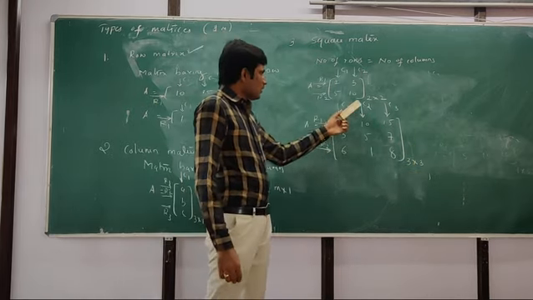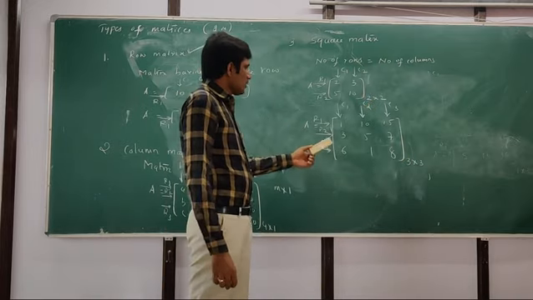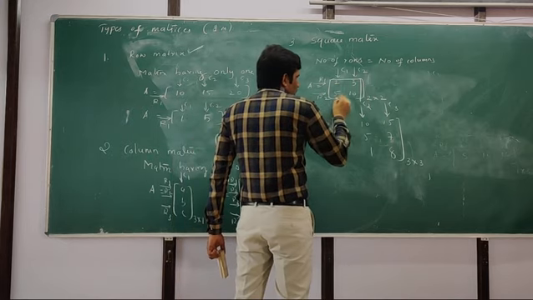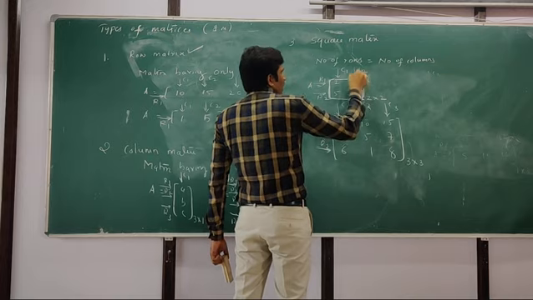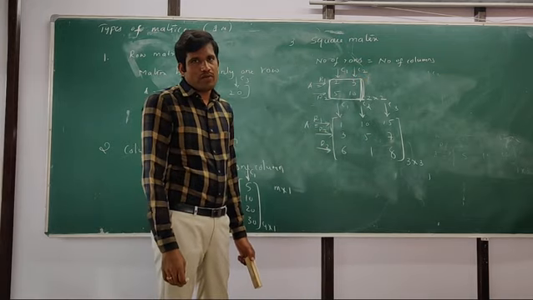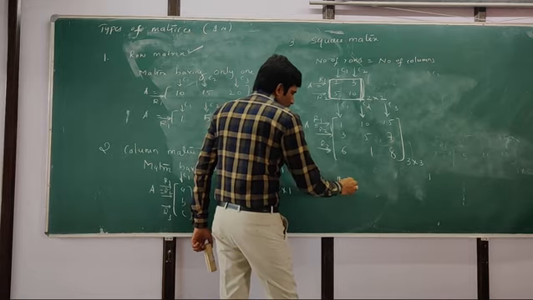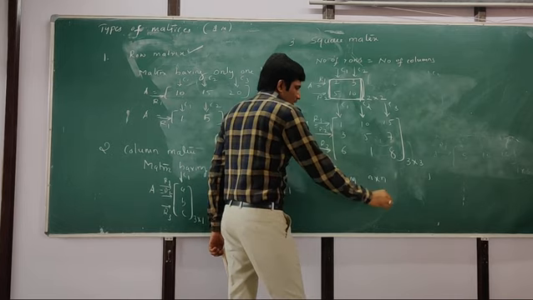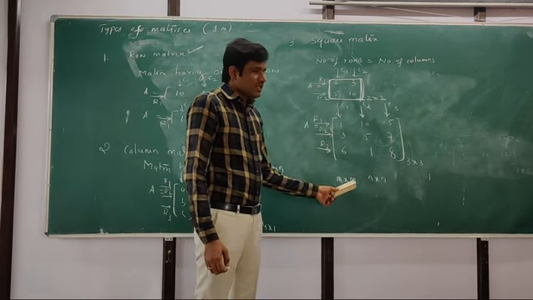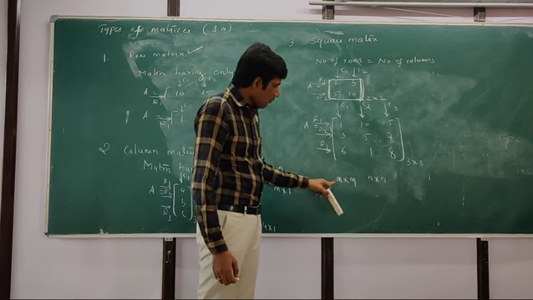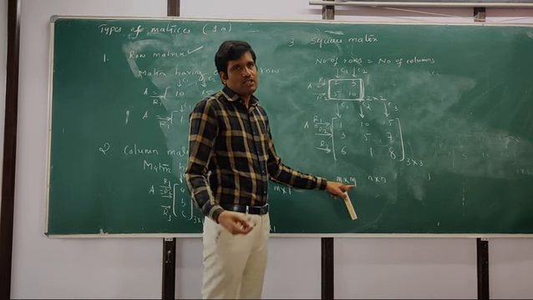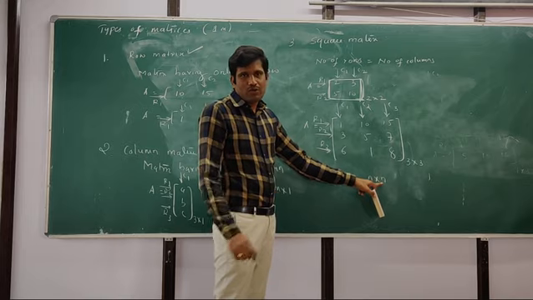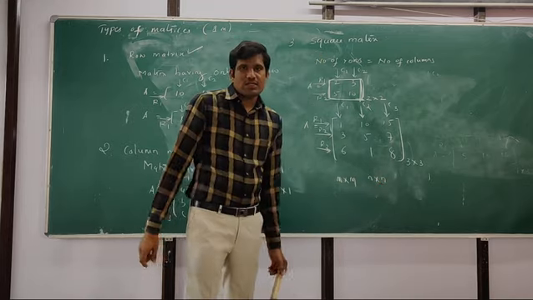So if the number of rows is equal to the number of columns, that matrix we call a square matrix. Why do they call it a square matrix? If you join this, we are getting a square. That is the reason why it is called a square matrix, right? So in general, we can write any square matrix as m cross m, or we can write it as n cross n. Why are we writing like this? Here the number of rows is equal to the number of columns. So m cross m means there are m rows and m columns. Similarly, what is n cross n? If there are n rows, there must be n columns. If the number of rows is equal to the number of columns, then that matrix we call a square matrix.